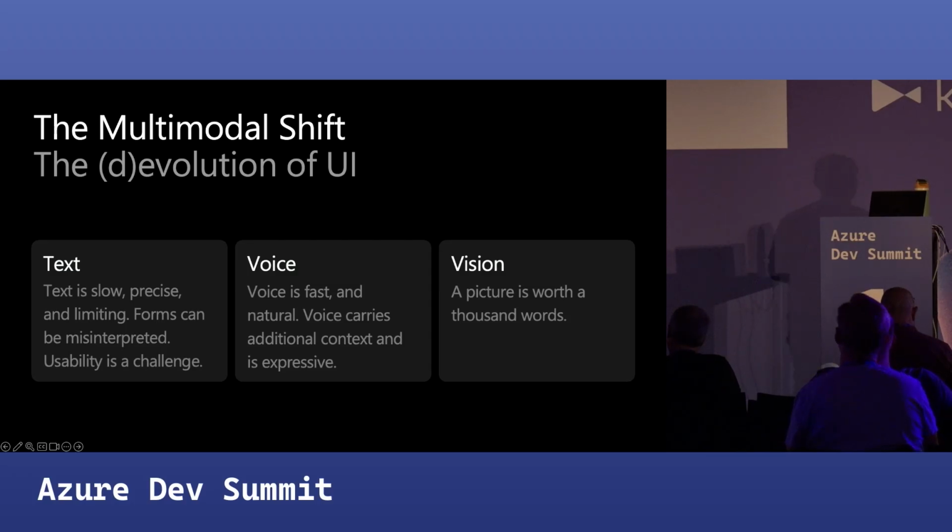In most applications, it's forms over data, so we're doing text. But voice is becoming much more common in applications, and it's much easier for us to adopt it in a multimodal way in order to become more productive, more efficient, more effective, right? And then vision. I would say vision's still a little bit more niche, and it's a bit more costly to process images and things like that with AI, but we can do a lot more with it today than we could even 6 months ago or a year ago. So I think that you're going to be finding many more opportunities to do that.